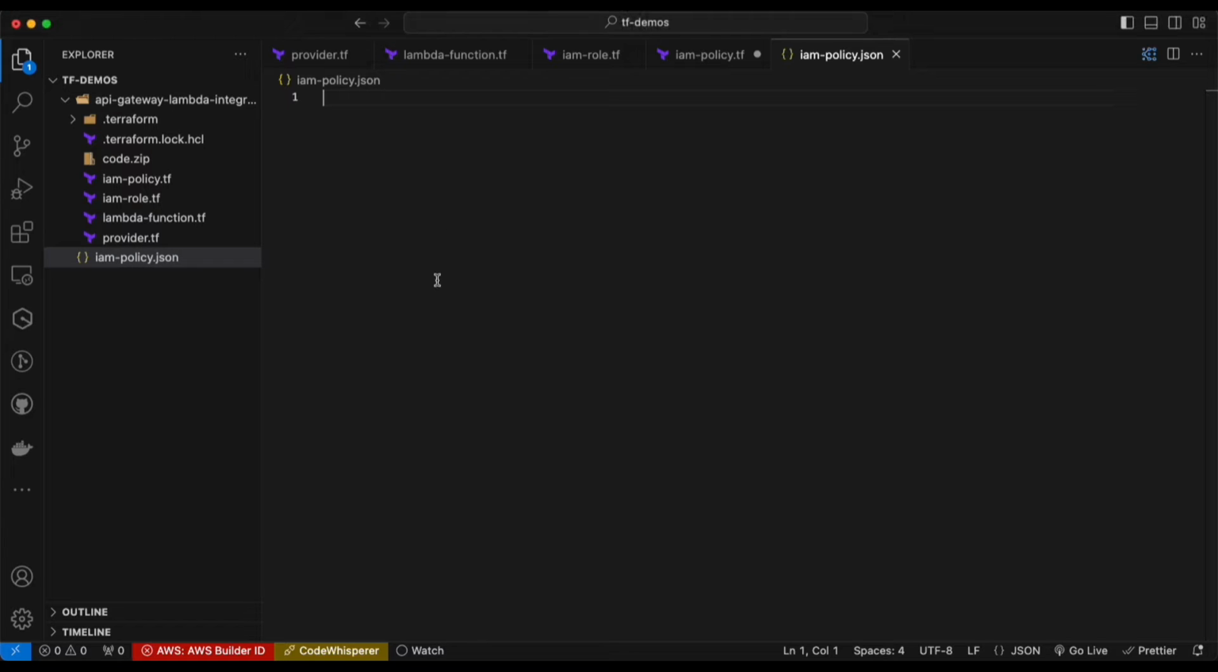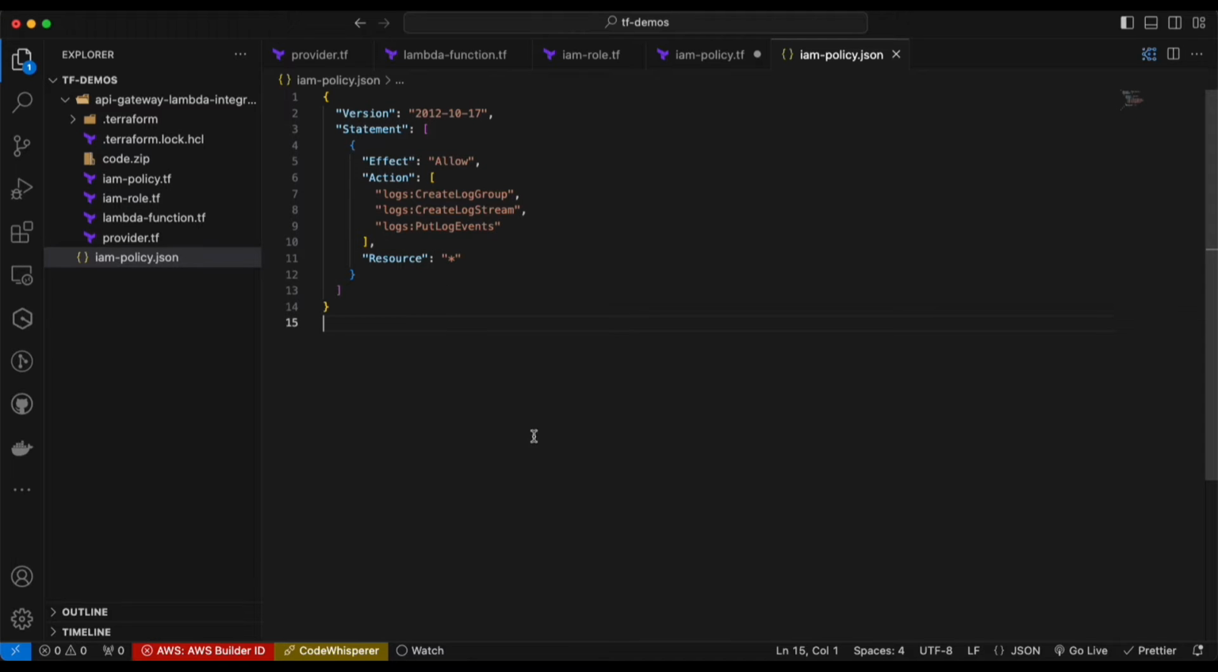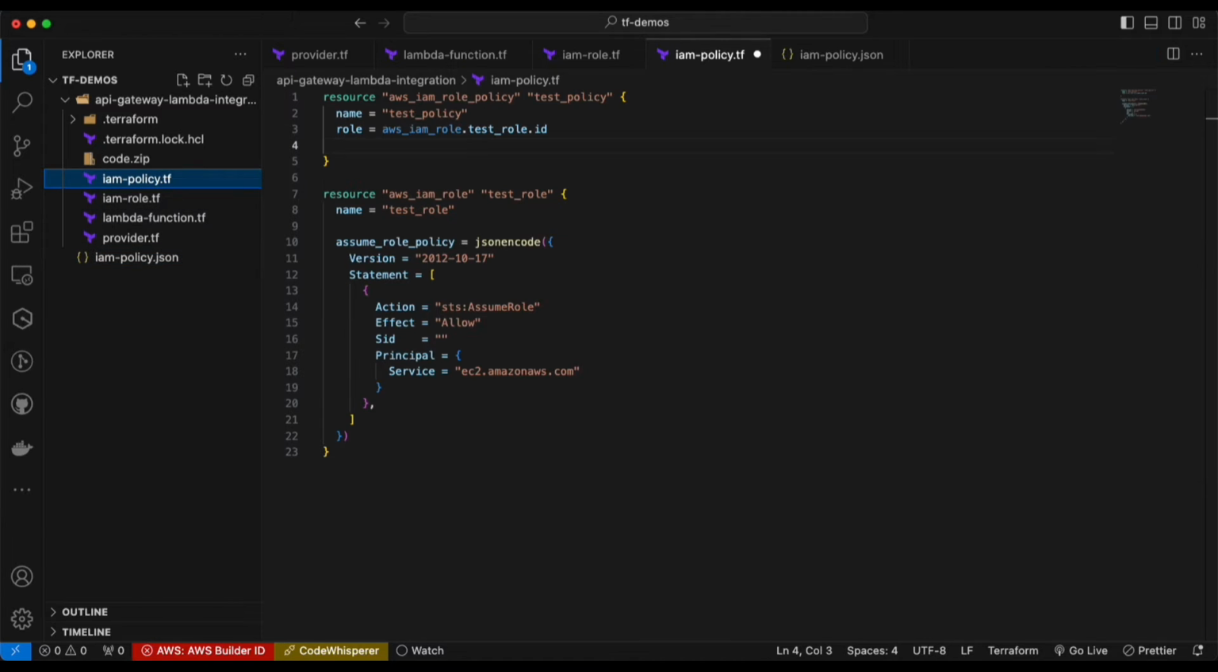So in the JSON file, in this policy we will need permissions to allow CloudWatch to create a log stream, put log events and stuff like that. So we will use that as our IAM policy. So go back in here and then